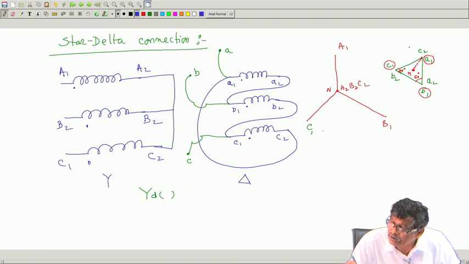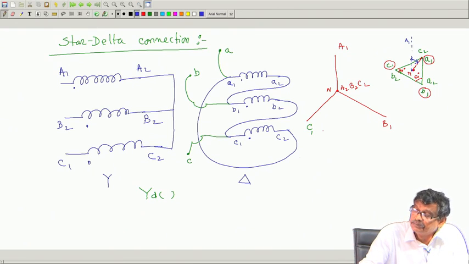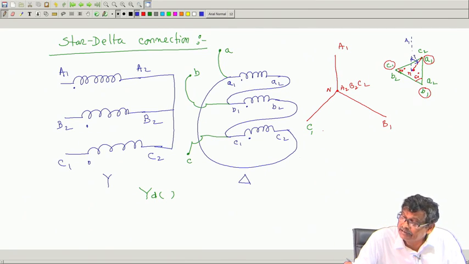So, what you do? You draw a line here parallel to this A1n. Suppose this phasor you shift it here, A1 and n, and it is this angle, then because this is vertical, with vertical how much angle this is making will tell you the respective phase relationship of the secondary A phase voltage with respect to its neutral. What is this angle? 30 degree.